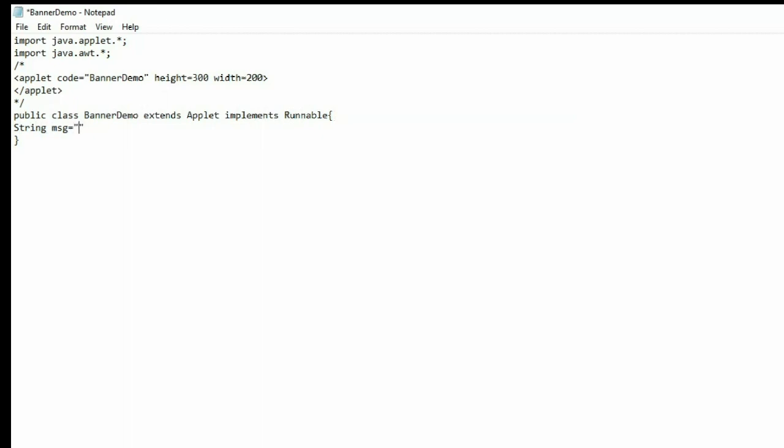The text that needs to be scrolled from right to left, I'm giving it in a string msg. So this msg is the text that I want to scroll. It is "Welcome to Java class by Sudha."